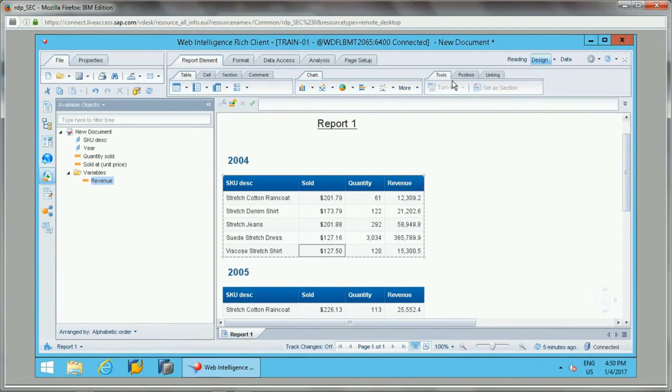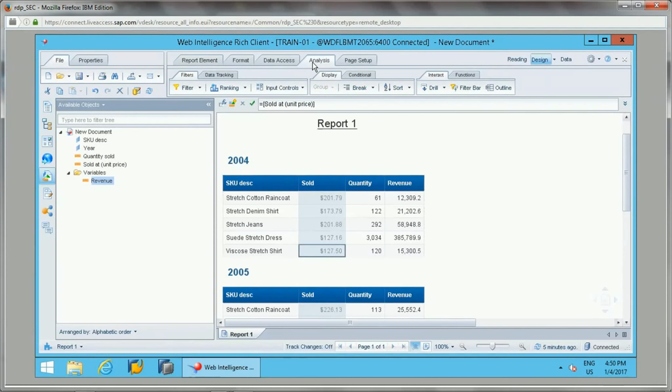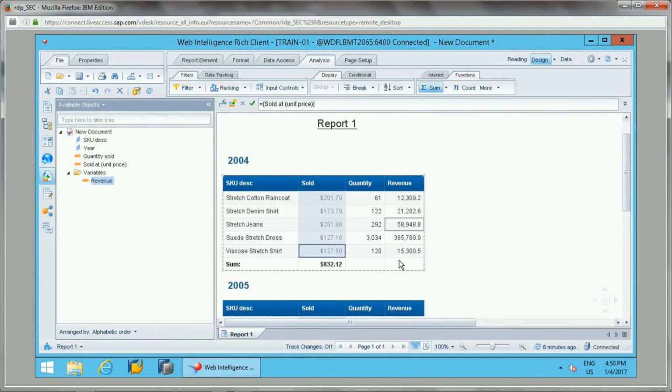For this I'll add a sum function, then I can say sum of sold values. Okay, so this is also again revenue. It has been calculated based on this multiplication of sold price and quantity.